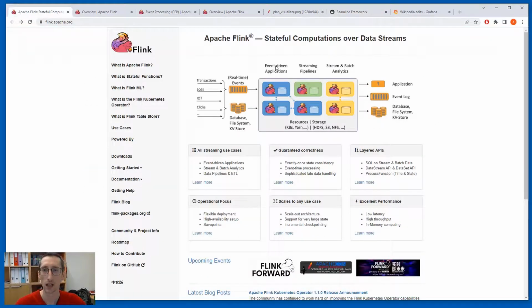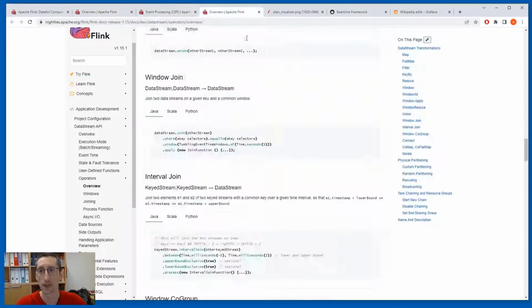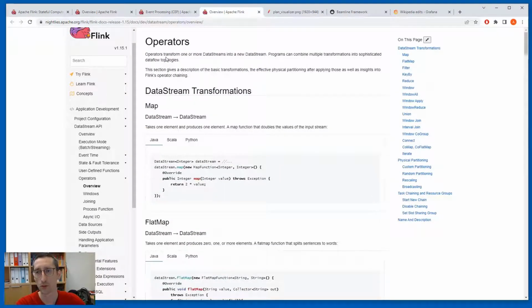Apache Flink is a library for stateful computation over data streams, which supports the ingestion of events from many different sources, their processing, and the production of events, or the exporting of events into many things as well. Here you can see an overview of which sources and things are supported off the shelf with Beamline, but it is also possible to have more high-level